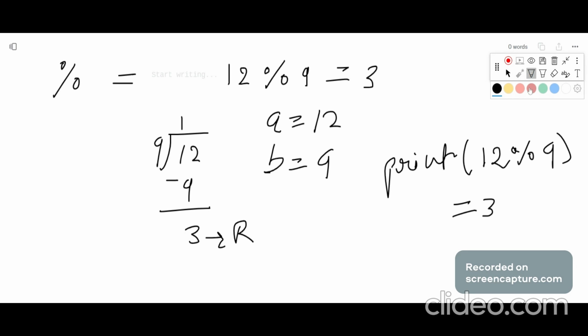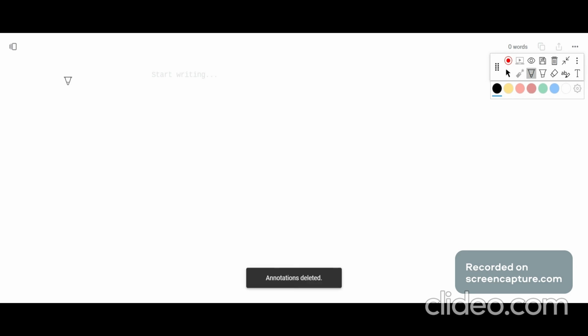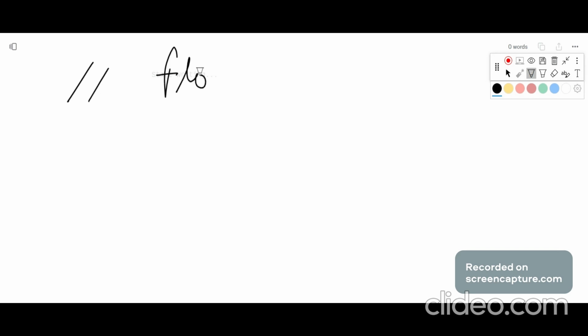Now the next thing I talked about is the floor division operator. Floor division means it gives you the floor value of a number.